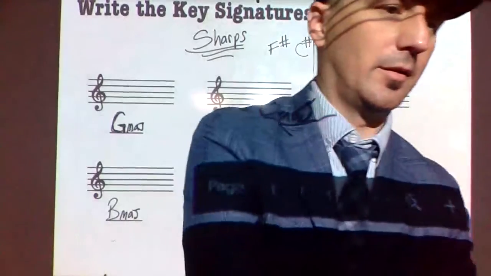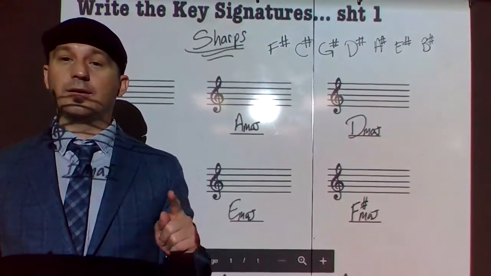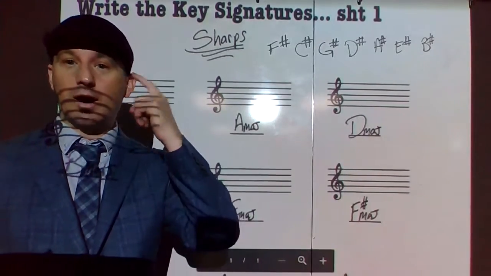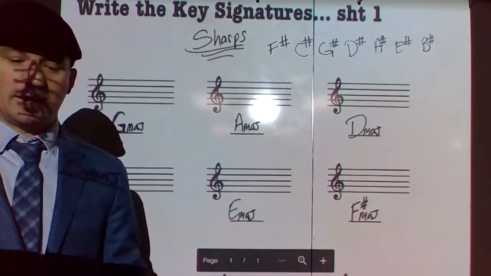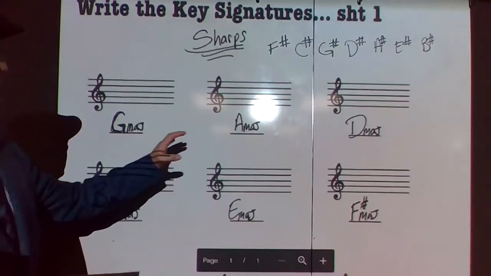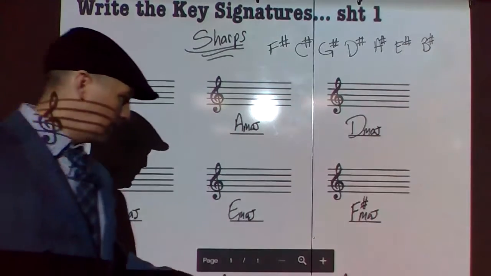Okay? So all you have to know how to do now is to make that connection, make that calculation where if they say the key of B major, you automatically think 5 sharps. Okay? Now, here's how you do that. So if we look at the key of, for instance, A major, let's take this one right here in the middle. A major,